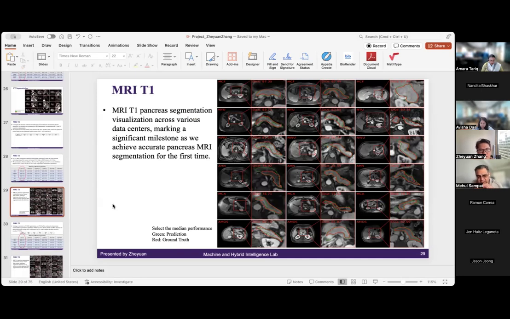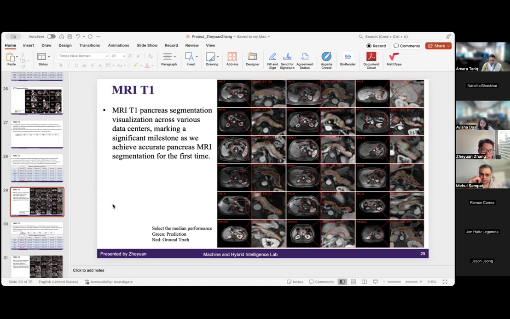For Total Segmentator, they are trying to segment a lot of things. And for recent work like SAM or MedSAM, they are trying to segment anything. But in practice, at least for me, the feeling is that when we apply the experiments on various organs, the segmentation performance is not as good as a specific model for specific organs.